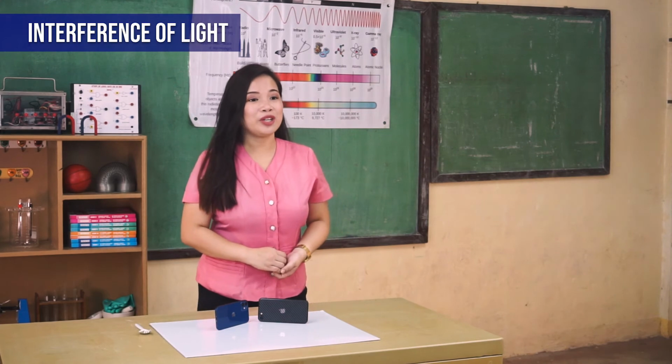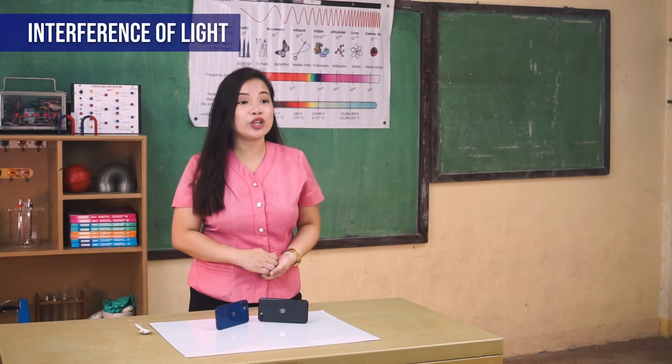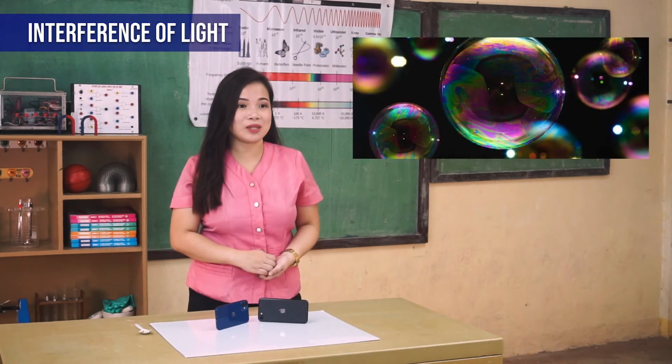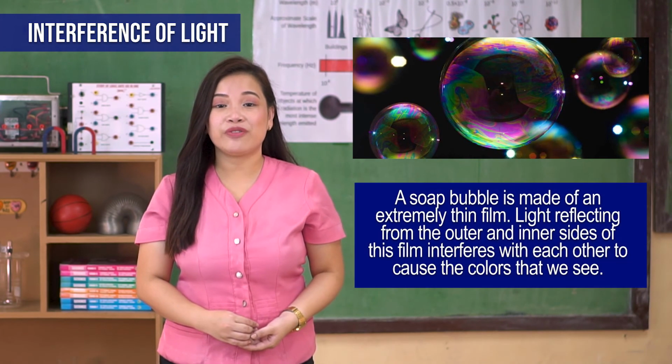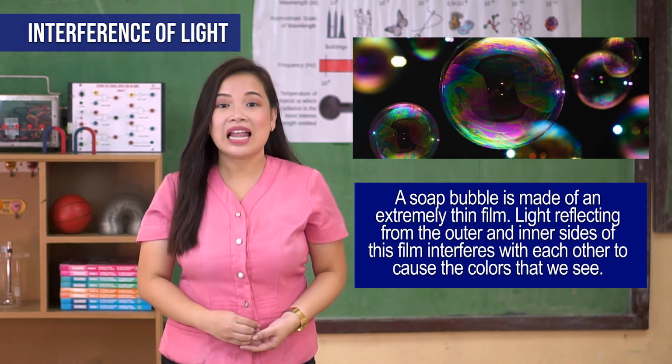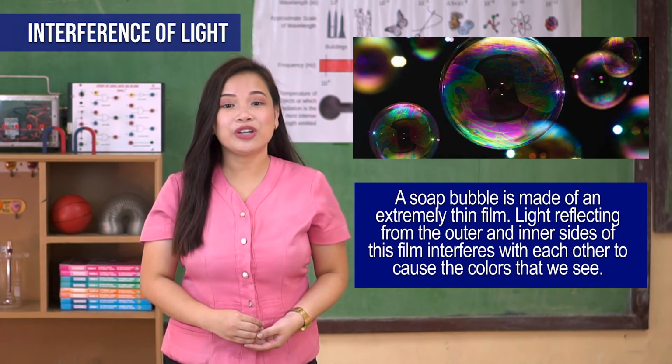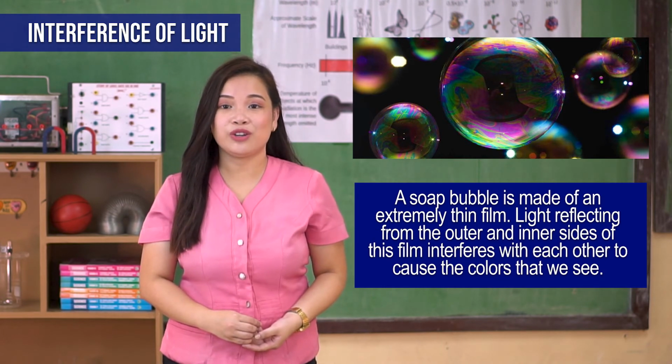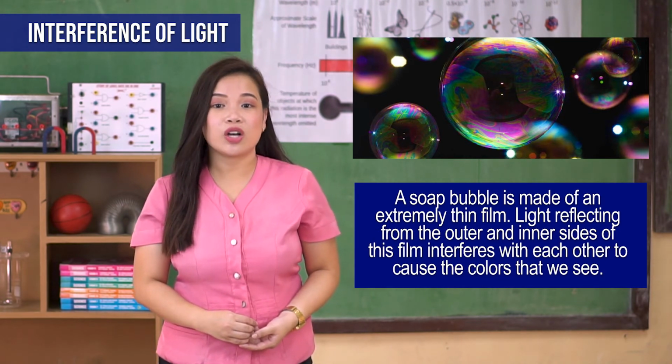The same phenomenon explains why we see various colors in soap bubbles. A soap bubble is made of an extremely thin film. Light reflecting from the outer and inner sides of this film interferes with each other to cause the colors that